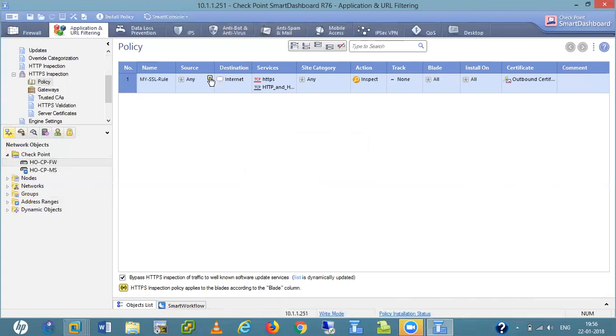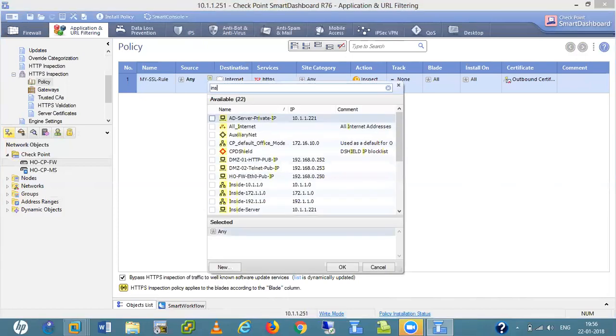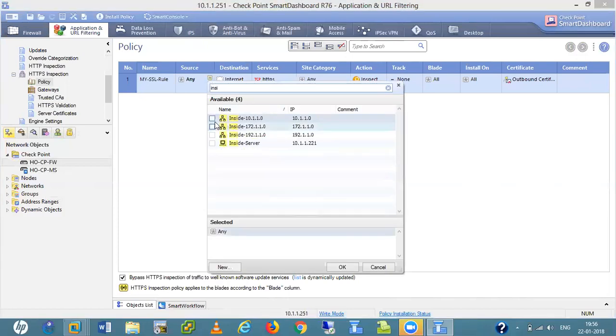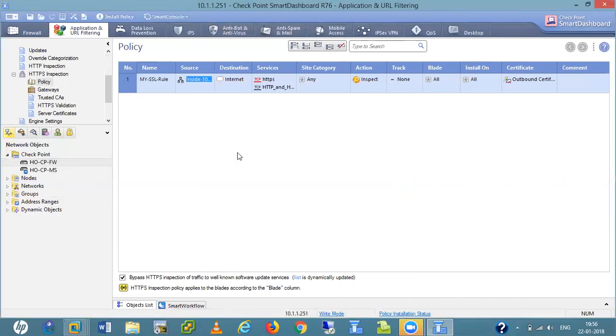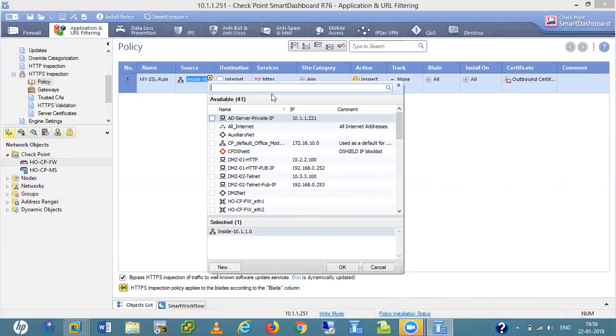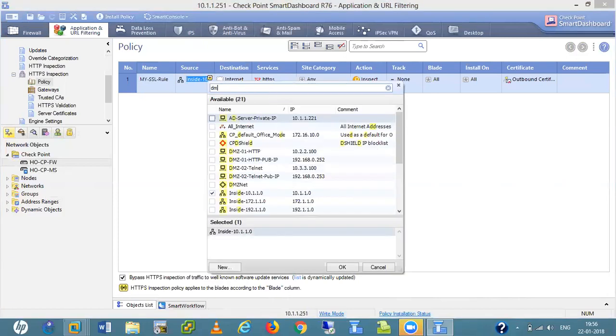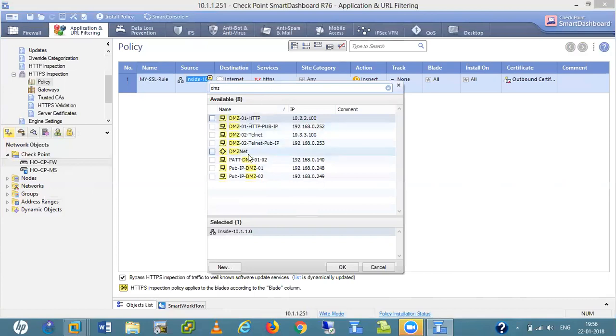Sources: inside. I have the users in my inside network, right? So I use this one, inside. I also have a DMZ zone. If we also have some users in DMZ, then I select the DMZ here.